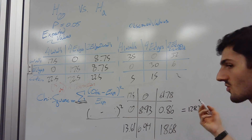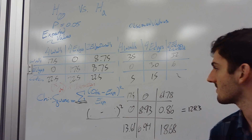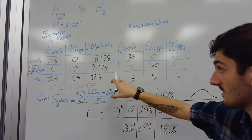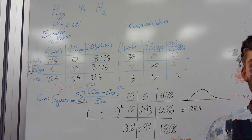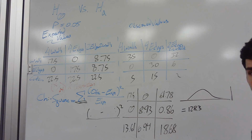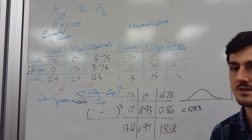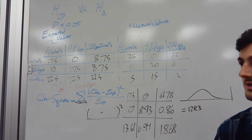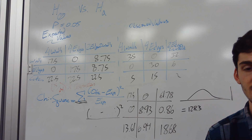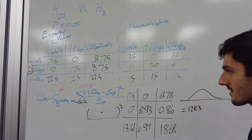When we plot this on a normal distribution curve, if we ran this experiment several million times, or just a couple hundred times for that matter, you end up getting basically a normal distribution of differences between these two groups. If you wanted to plot the data that we observed here, it would be way out here. So this is an extremely significant chi-square value. This wouldn't happen by chance. It's way too significant to have occurred randomly. So we can conclude that yes, lab mice do have some sort of instinctive behavior where they're actively preferring or seeking out walls or some sort of